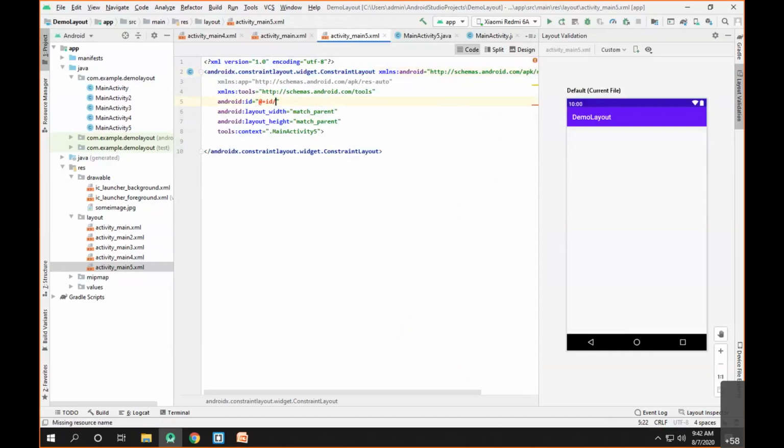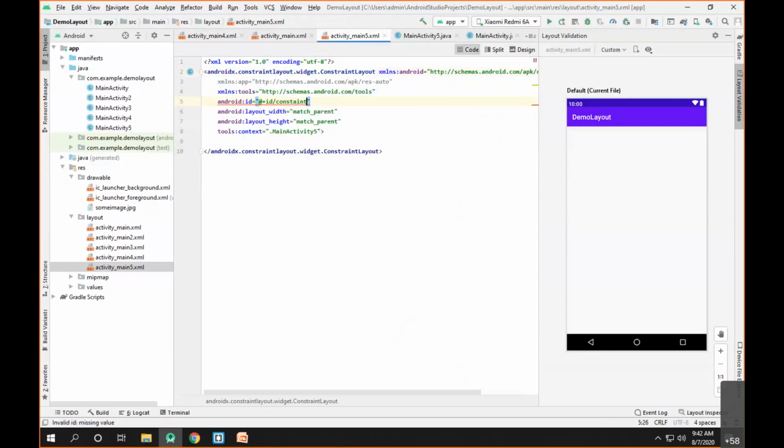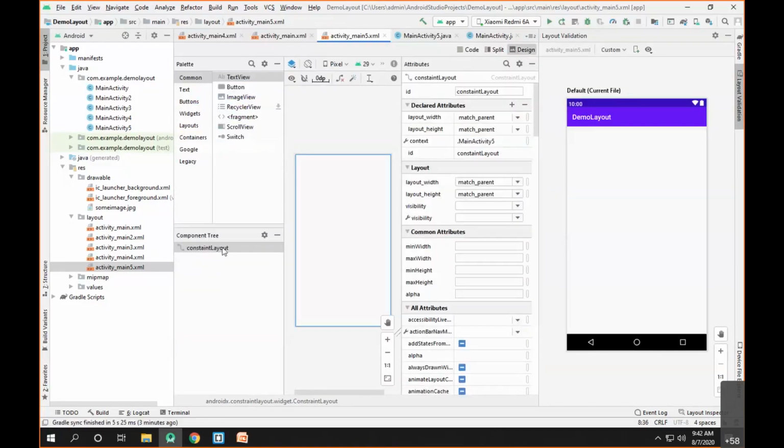You can change any ID here. So I can simply call it constraint layout. And as you change the ID, you can see the corresponding name will be changed here. So whatever may be the name, it is not going to affect our visual experience. It's just an ID. So we have changed our layout to the constraint layout.